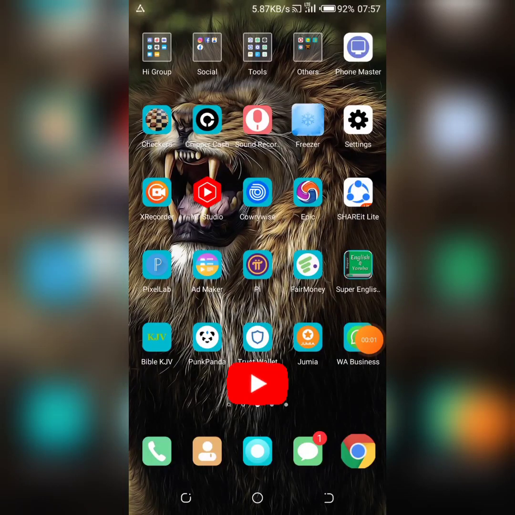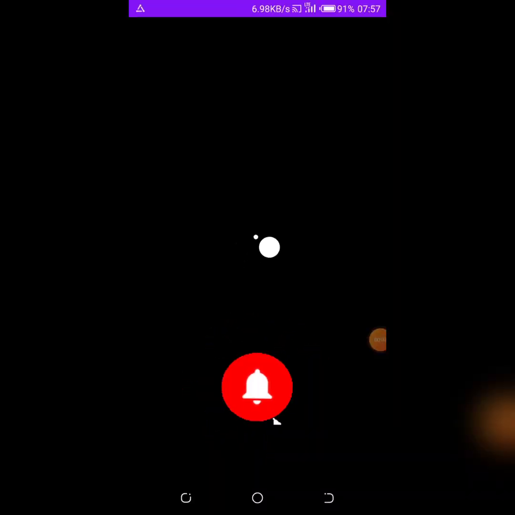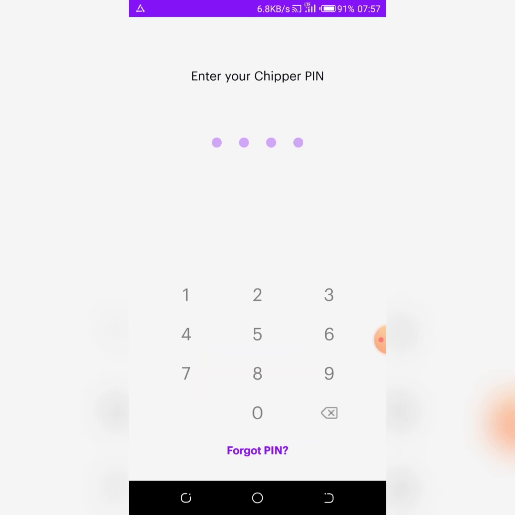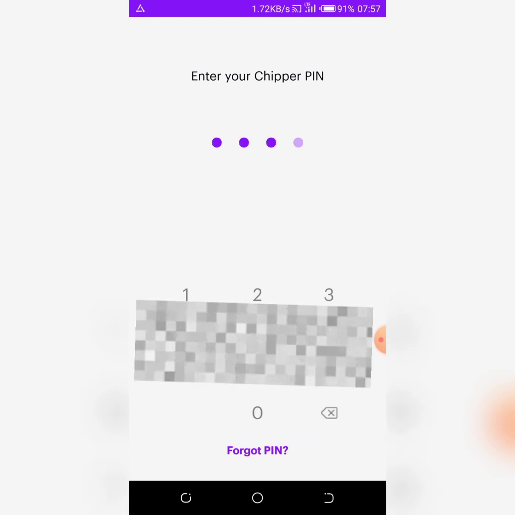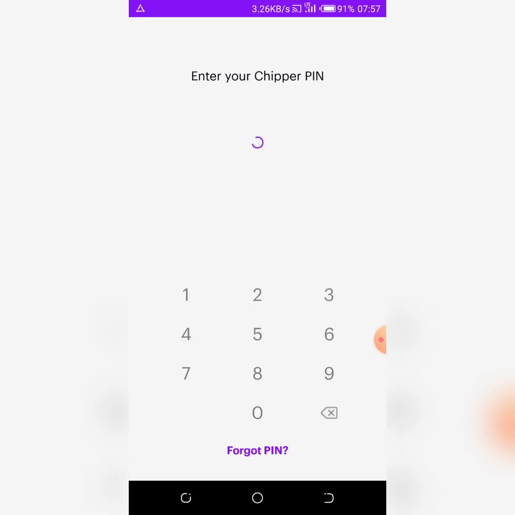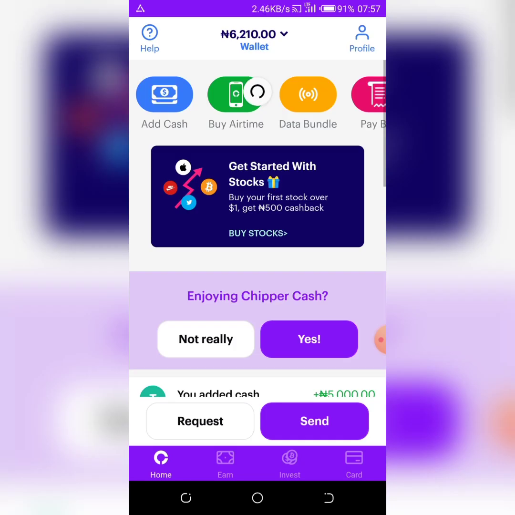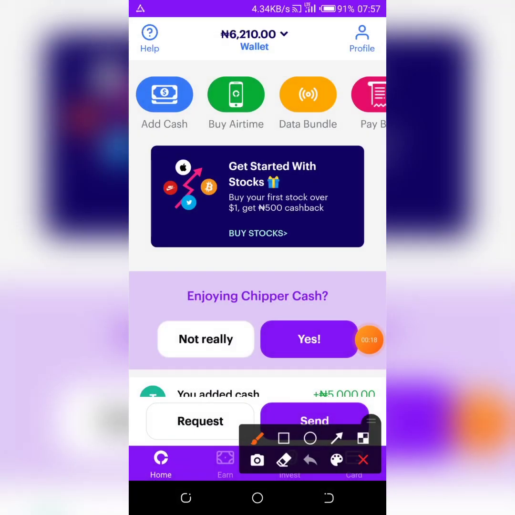Alright, so let me log in to this application known as ChipperCash. I click on it and it permits me to put in my PIN. I put in my PIN and okay, that's the wrong PIN. Let me put it again. So I put in my PIN and it's trying to authenticate if I'm the one. And lo, when you look at my wallet now, you can see that currently I have this amount in my wallet,